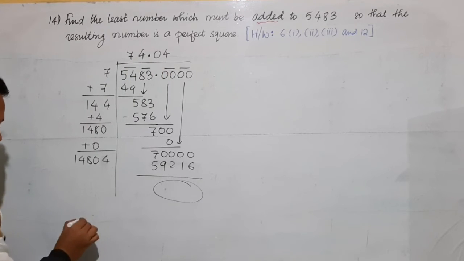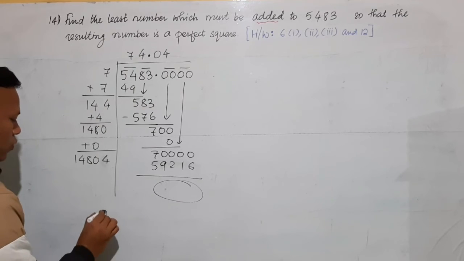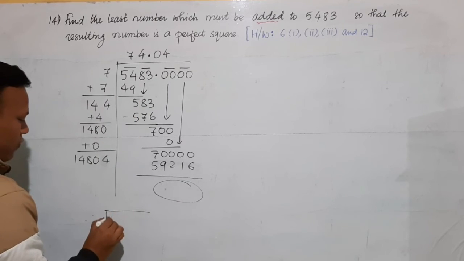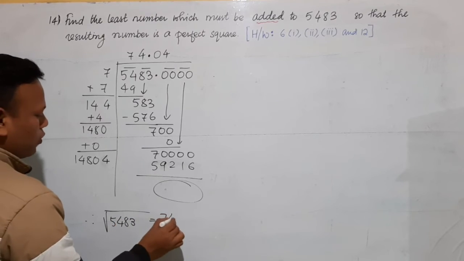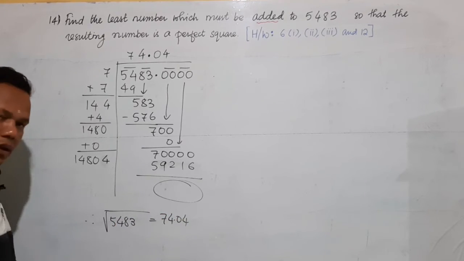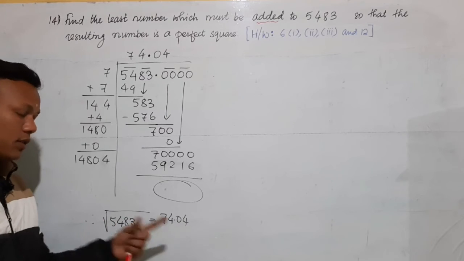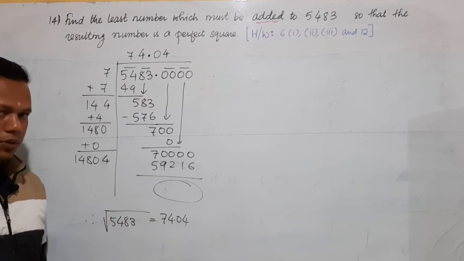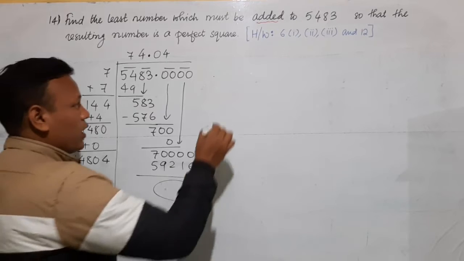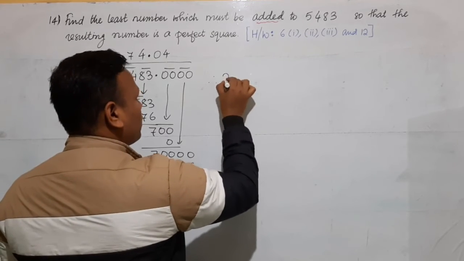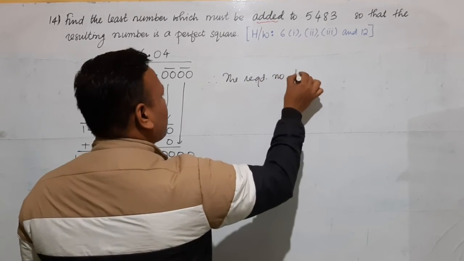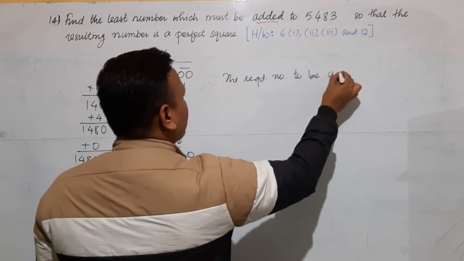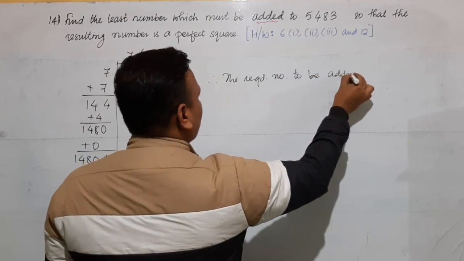Therefore we can say that the square root of 5483 is equal to 74.04. So the square root turns out to be this much. Now therefore the required number to be added this time, so in this case, what you need to do is: